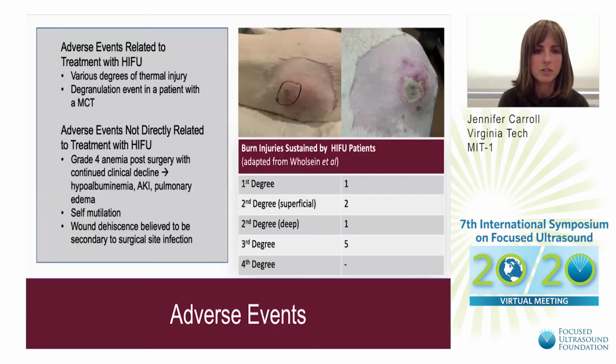Adverse events related to treatment with HIFU included varying degrees of thermal injury, with 5 patients developing 3rd-degree burns, and fewer developing superficial and deep 2nd-degree burns, and 1 with a 1st-degree burn. 1 patient with a mast cell tumor experienced a degranulation event. This is not surprising given the fact that these tumors often degranulate following trauma, surgical manipulation, or treatment with anti-neoplastic